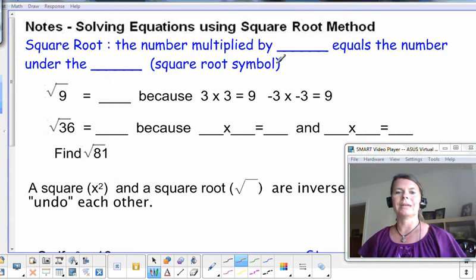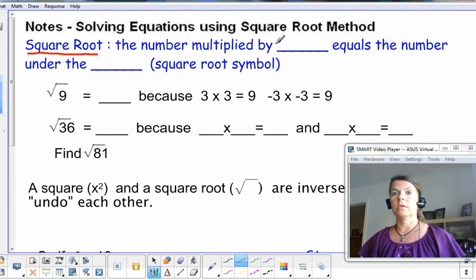These are pretty basic quadratics. Later in the year you'll see more complicated ones that will take more complicated methods. Okay, so what is a square root? Well, it's the number multiplied by something, and that equals the number under the square root symbol. And there's a good vocabulary word for the square root symbol. So does anybody know the number multiplied by, and you should be trying to think of it or writing something